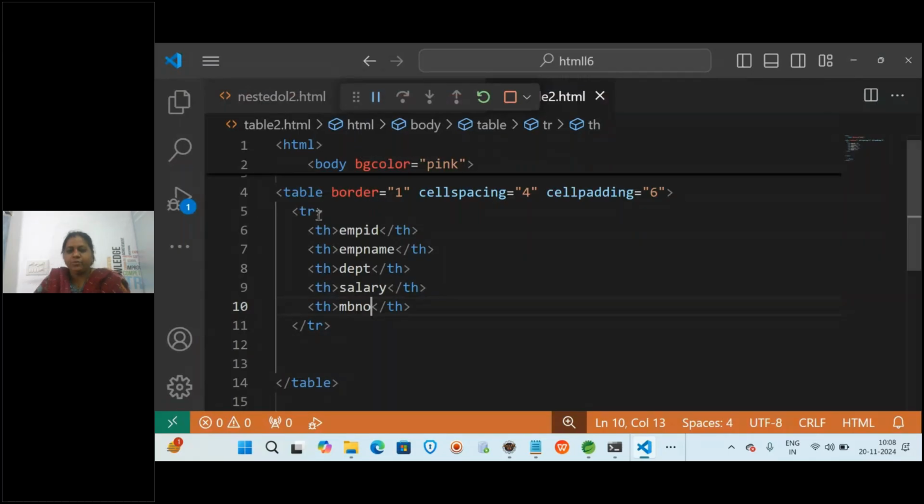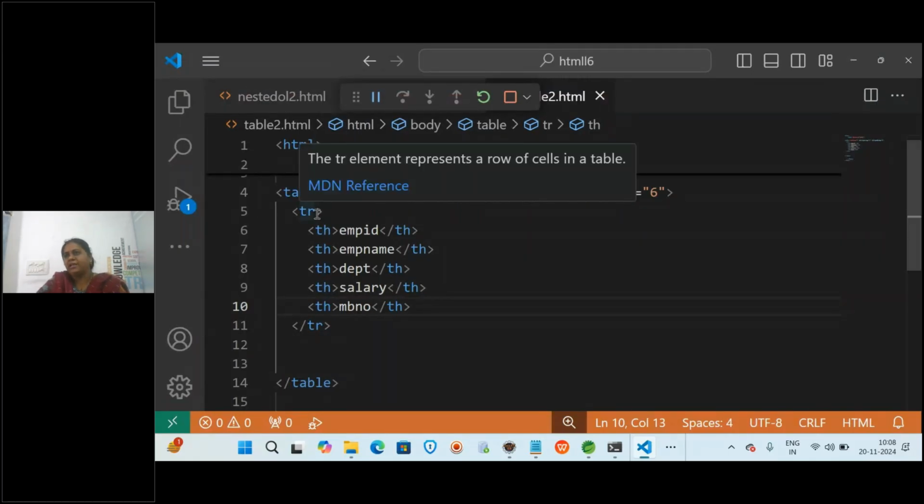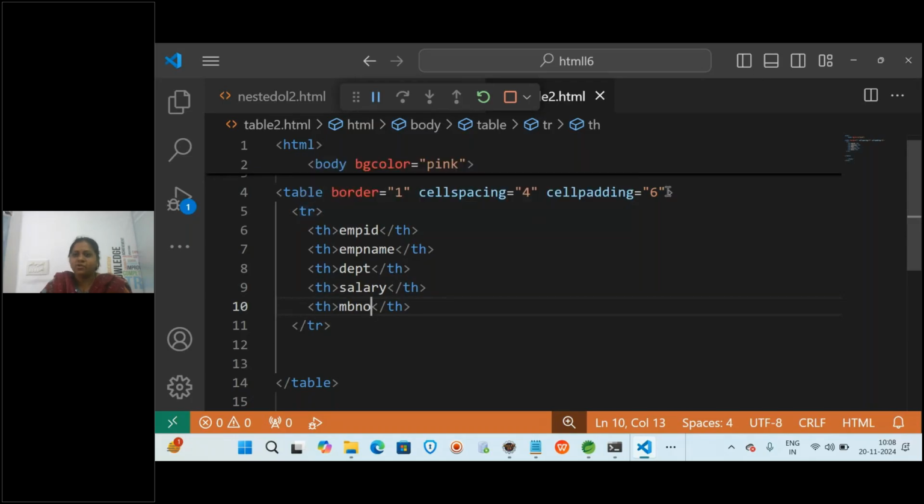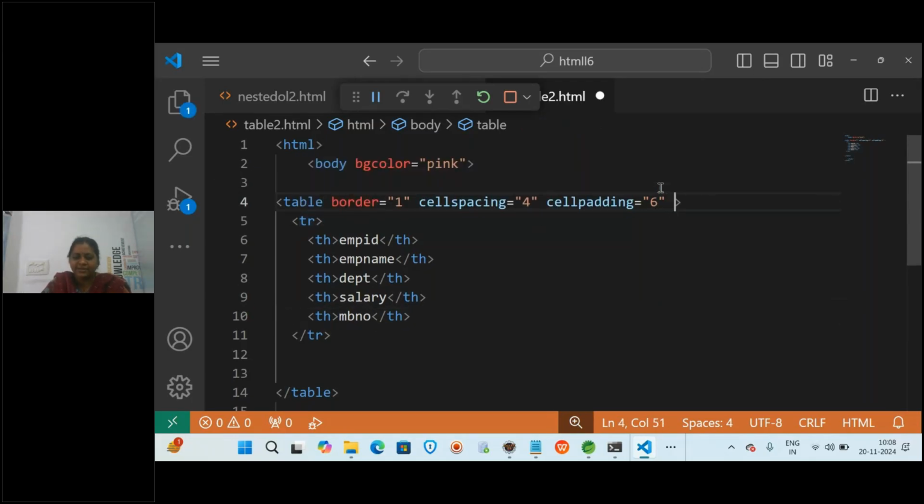Now here, if you want, you can add some particular color to your row or to the complete table. So for adding color to the complete table, you can give bgcolor is equal to, and here you give some color name, and that will apply that color. Let us see the difference.